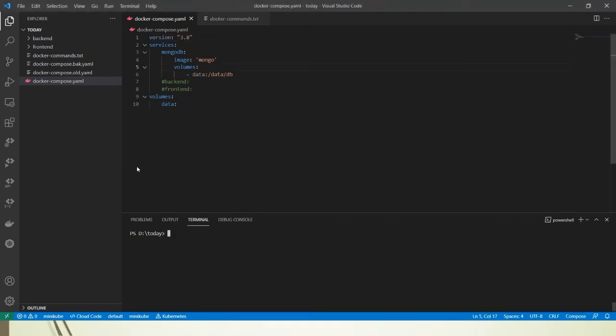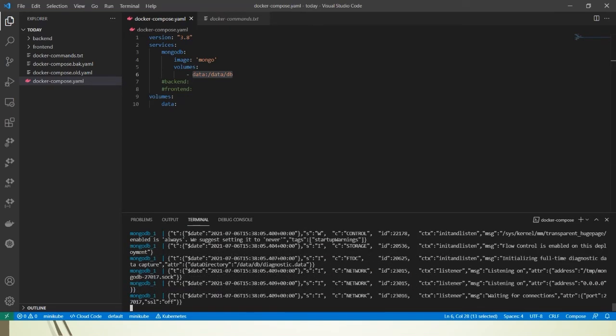Okay, so we have found the issue. It was this key. Actually, there should have been no space, that is again a typo. So if I now run docker compose up, we can see that it is running. The service is running right now. It has built the image.